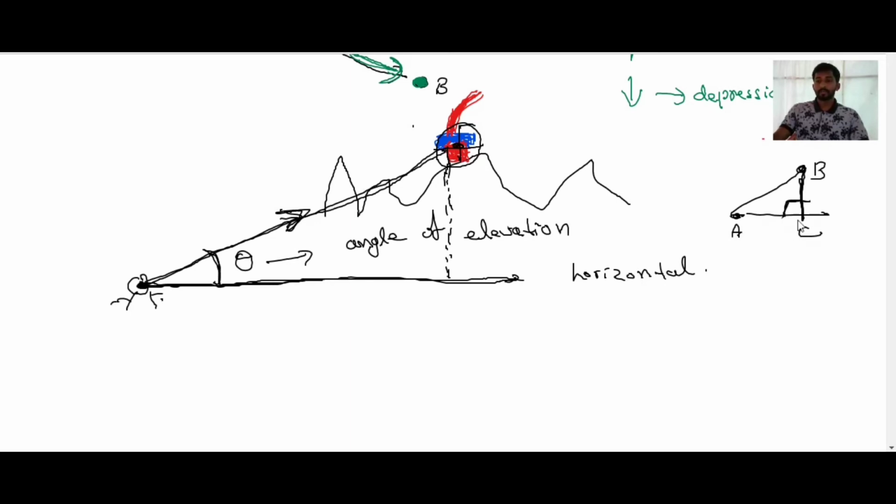Now using this right angle triangle, suppose you know the distance from person to airdrop as well as from person to this point C, X and Y, then it's possible to find this angle theta. If you know any two values, then it's possible to find the third value using the triangle. Clear? This is all about angle of elevation. Just remember, elevation means the object is above the reference line.